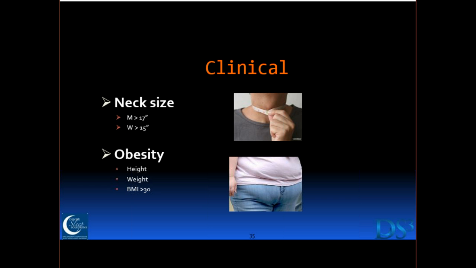Right, because as you're going to see, obesity, we all are aware of that. Anyone who's obese is at a much higher risk. But let's not only look at that. I think that's one of the shortfalls of the medical community: people who aren't obese who have apnea are often overlooked. So certainly we want to look at neck size, which is related to obesity.